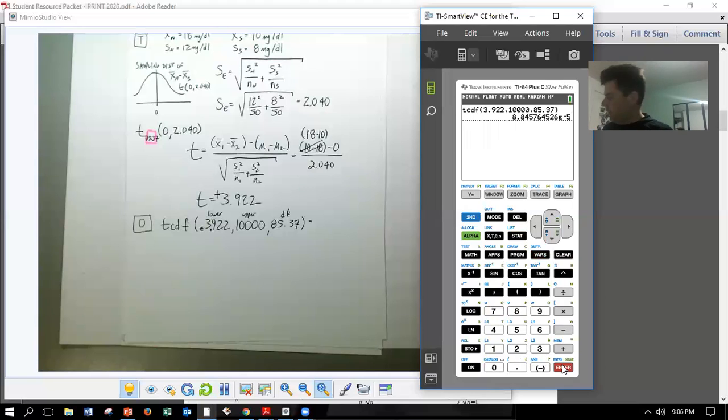I get a p-value that's really small. Wait, what is that? How can a p-value be 8? P-values are supposed to be between 0 and 1. Well, we've got to look at this little -5 right here. This is scientific notation,